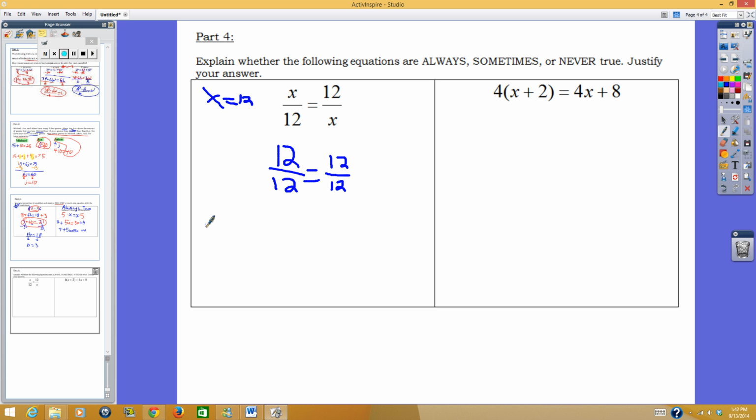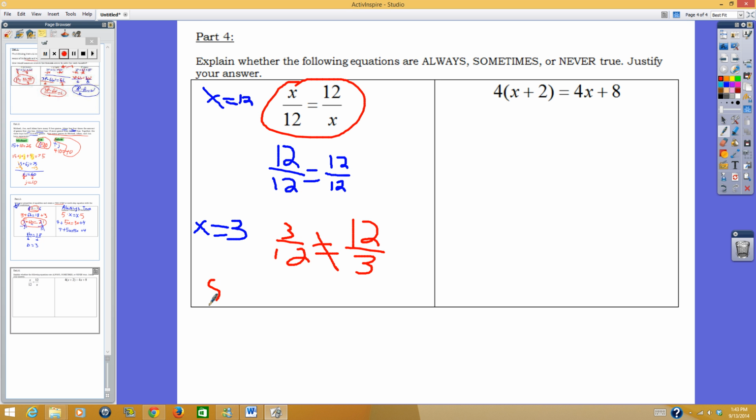Now, what if it was x equals 3? If you plug that in, both sides will not be equal, right? 3 divided by 12 is not the same thing as 12 divided by 3. 12 divided by 3 will give you 4, and 3 divided by 12 gives you some funky decimal, right? So you can determine that this scenario is sometimes true. Because right here, you're able to show me one way that it worked and one way that it didn't work,